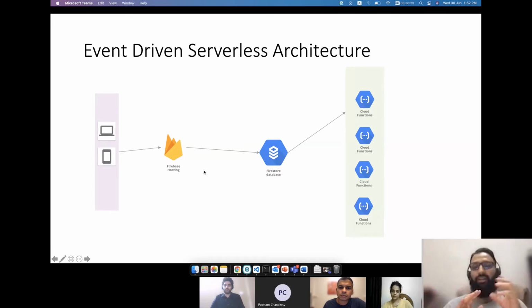And what our cloud functions are doing is, they are subscribed to different, let's say, collections. I'm going to use the word collections or documents here. I'll be explaining what collections and documents are when we demonstrate how this is actually working. So basically, our cloud functions are subscribed to the database, and they're told that, okay, if